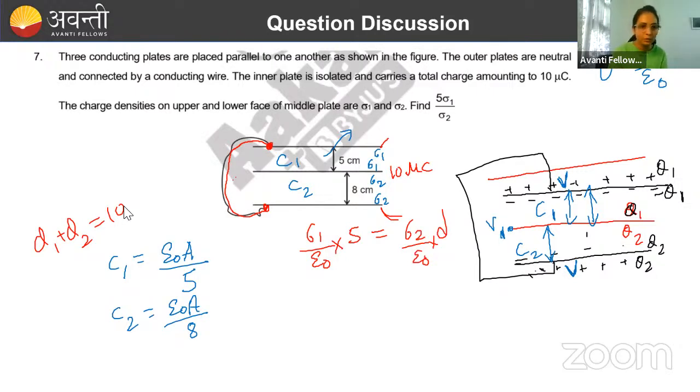Now just see कि I have taken notation correctly. Charge density on upper and lower face. Upper पे sigma 1, yes, that I have taken correct. So epsilon naught got cancelled. 5 sigma 1 by sigma 2 किसके बराबर है? D का वैल्यू 8 होगा। ठीक है, so that will be equal to 8. So answer will be what? 8. आंसर क्या होने वाला है? 8 होने वाला है।